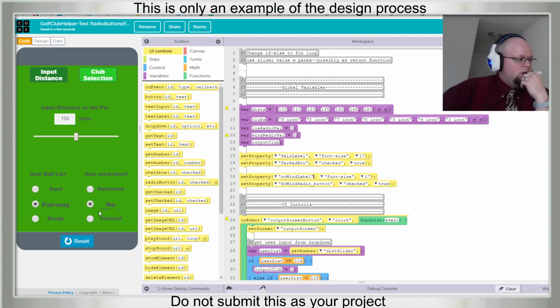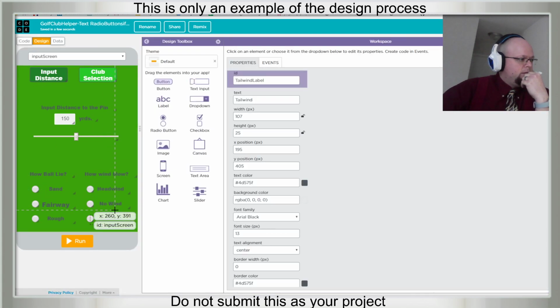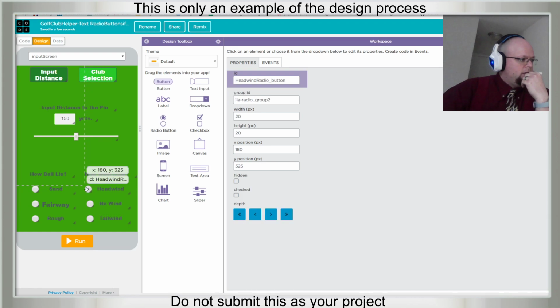So we run. Okay, we need to make that bigger. Let's move everything over a bit. Does that look too much? No, I think it'll be alright. Maybe 175.